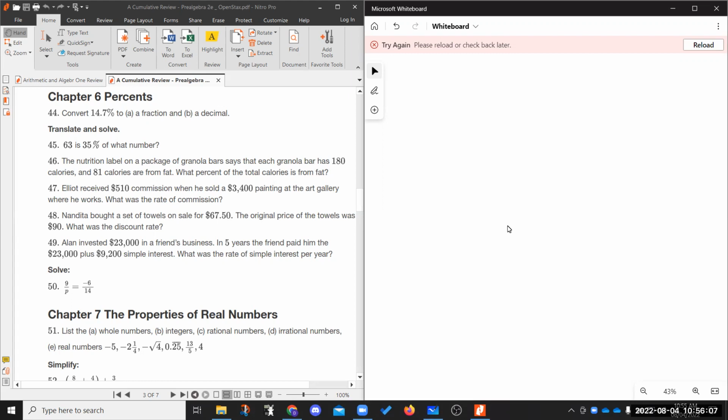In this video, we're going to look at the review problems for chapter 6. Along with the idea of decimals comes the idea of percents. Percent means out of 100, so we can express the same number as a percent, a decimal, or a fraction. We're going to use that to our advantage here. So we're going to convert